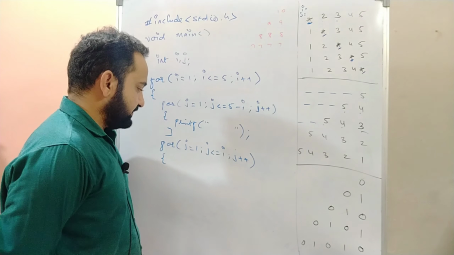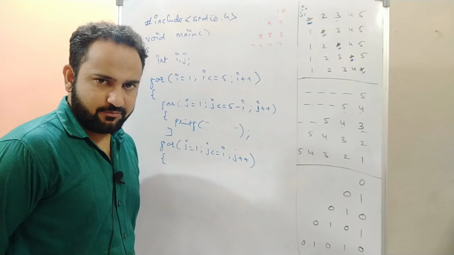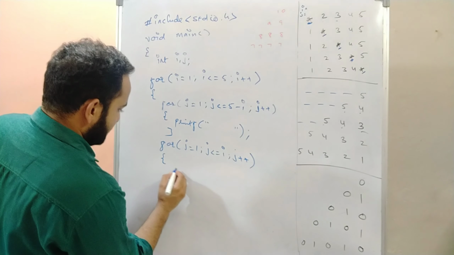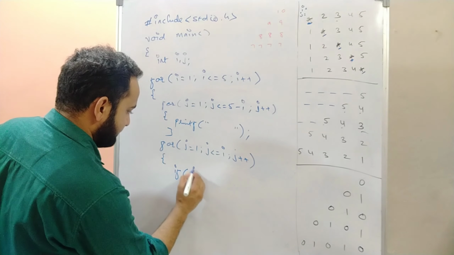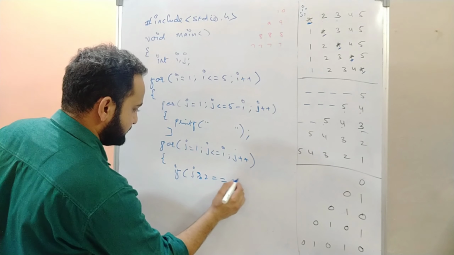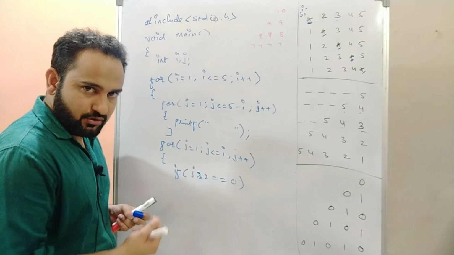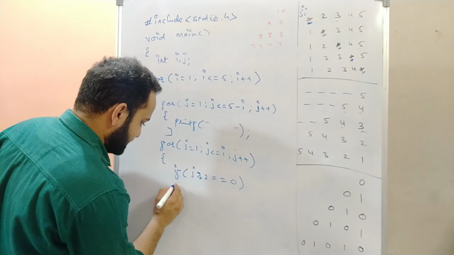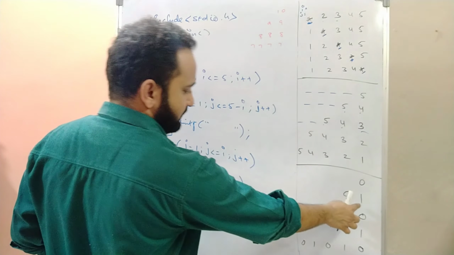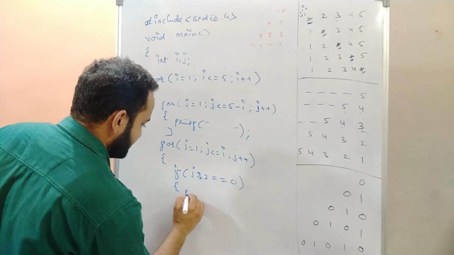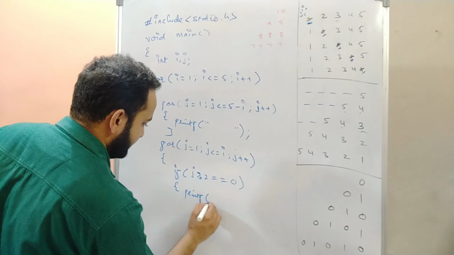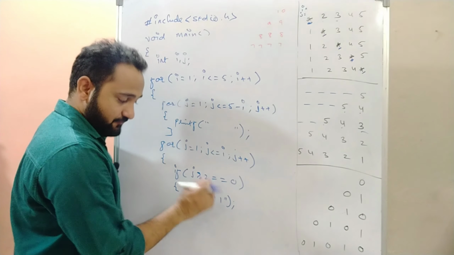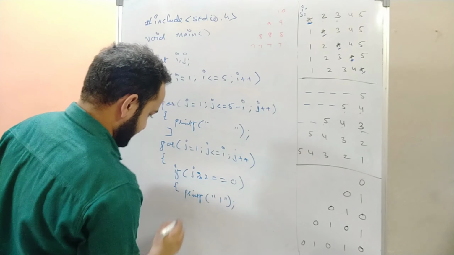See how to calculate whether j is even or odd. Remember the calculation for it? The calculation is simple. You have to check if j mod 2 equal to 0. If j is divisible by 2, that means j is even. Pretty much simple, right? If this condition is true, it's even. For even, what you have to print? 1 you have to print. So into if, you will be writing printf 1. See, we don't have to write percentage d or anything, we simply have to print 1 directly. So I'm writing 1 here.